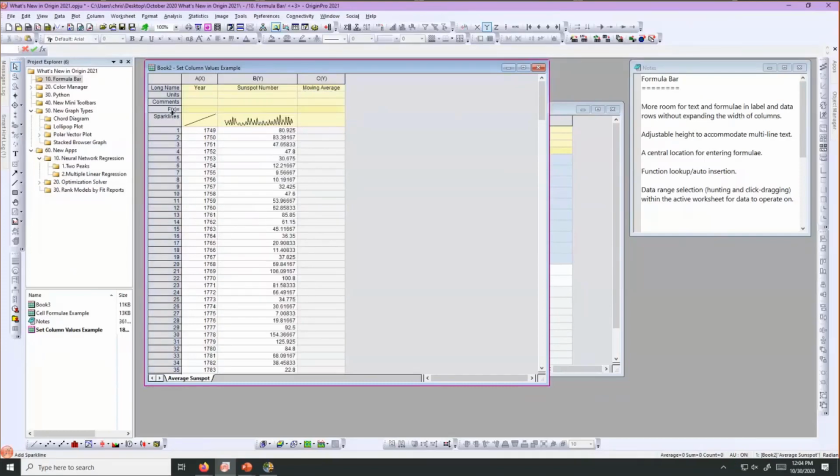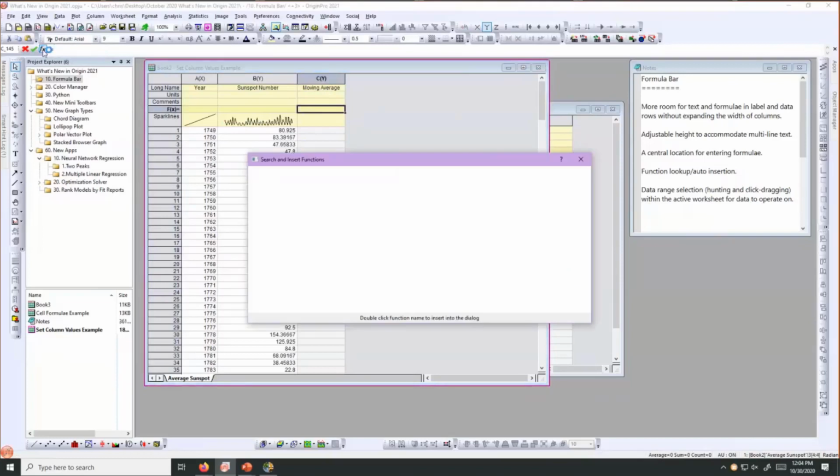We're going to use a column formula, a set column values formula for our f of x. And when I enter that cell, my formula bar gets activated. And I want to find a moving average function. I don't know which one it is in Origin. So I can click on my f of x button. When I do, I get this search pop up, and let me search for